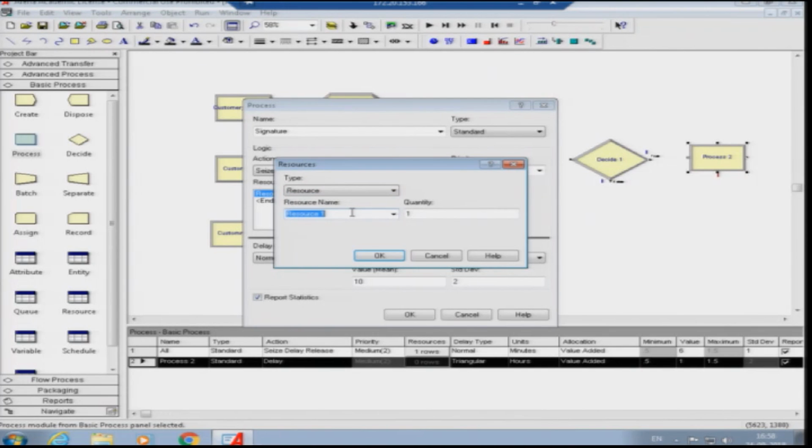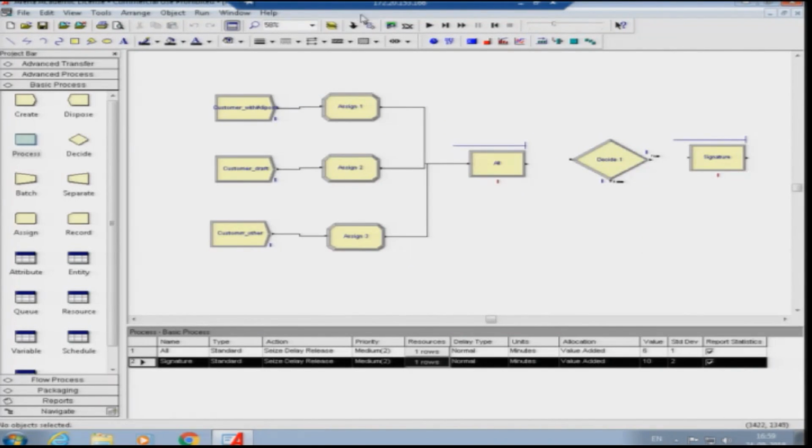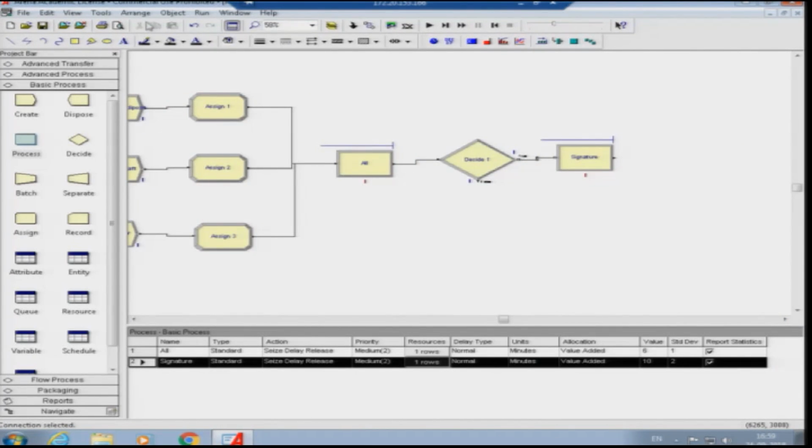Okay, this will be the manager. So we will add these two nodes, and finally we will put the